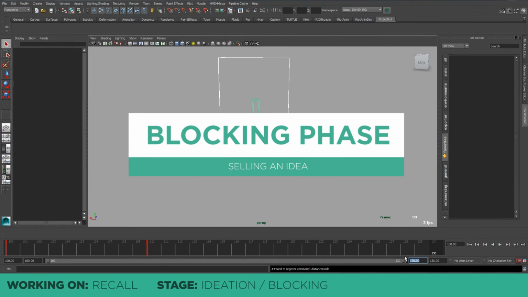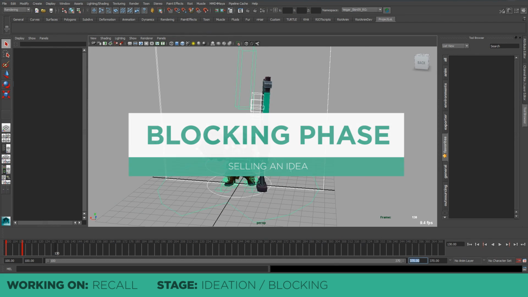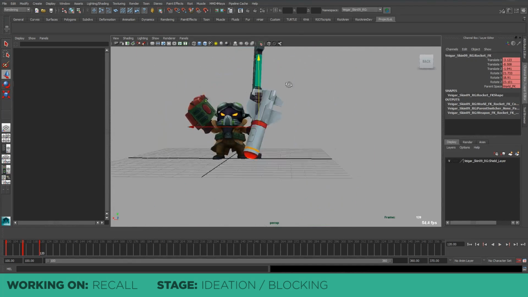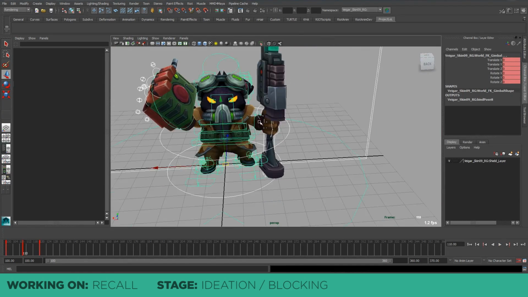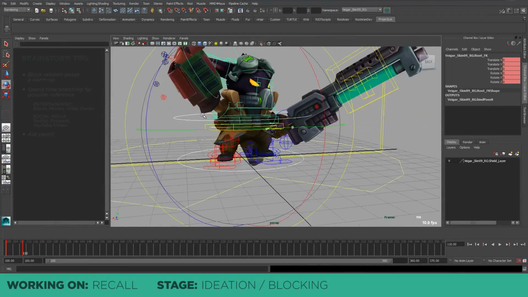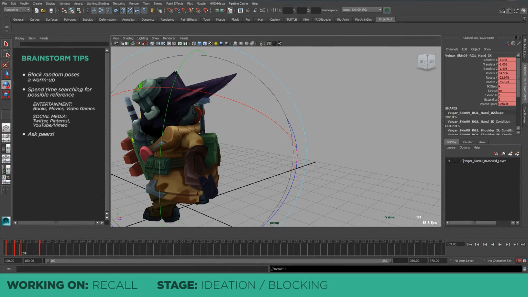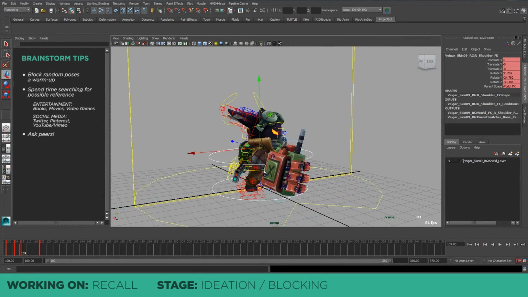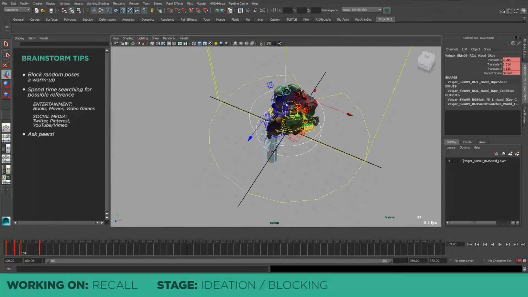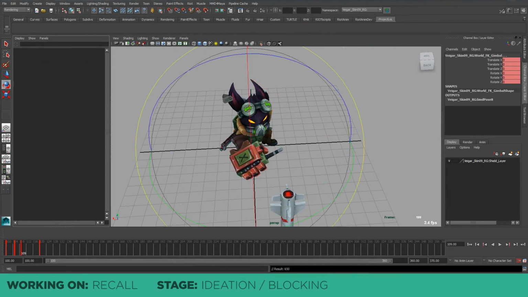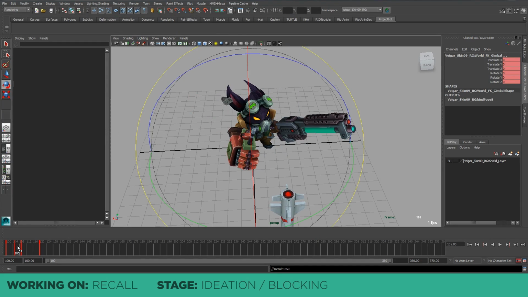Now, the first thing I normally try to do is brainstorm an idea, and this is something that can be done by myself, and sometimes it's something that I do with other artists that are working on the skin. For Veigar's recall in particular, we kind of wanted to show something a bit more lighthearted and humorous to help contrast with the more serious Omega Squad thematic. You can see me posing Veigar out here right now, and this early process of putting down poses is normally